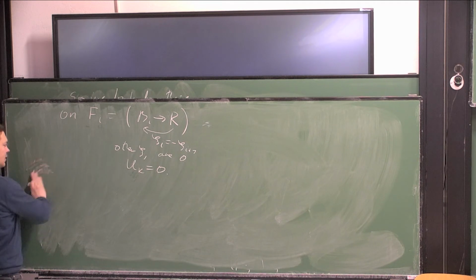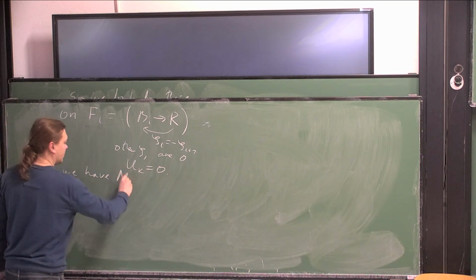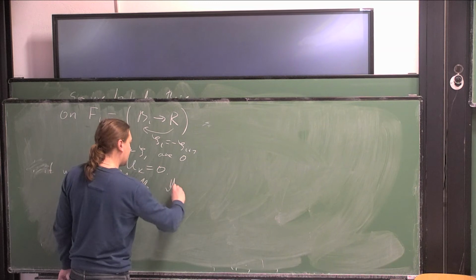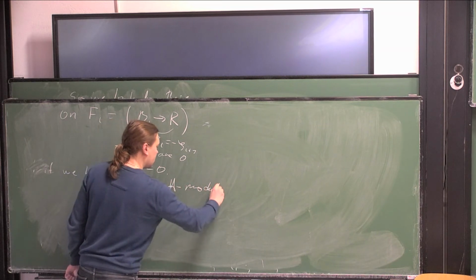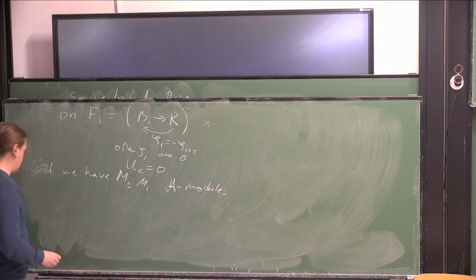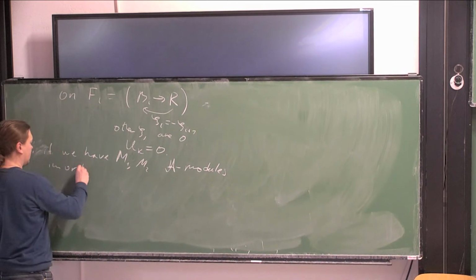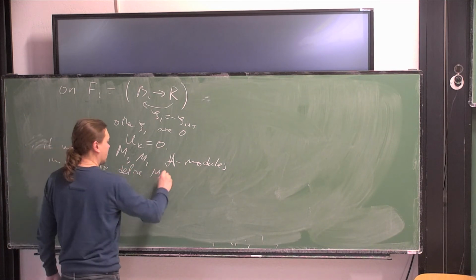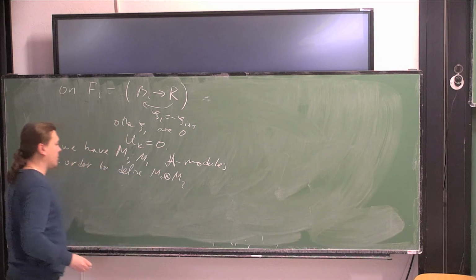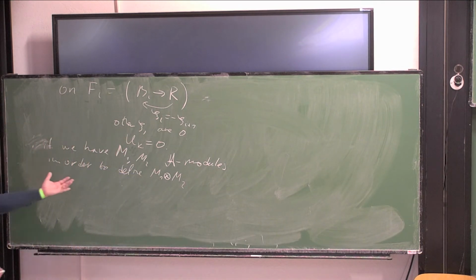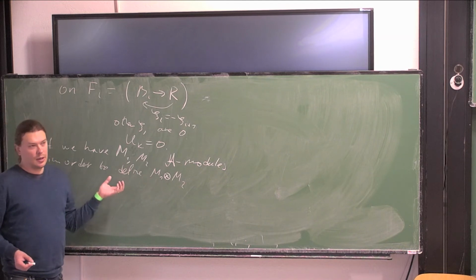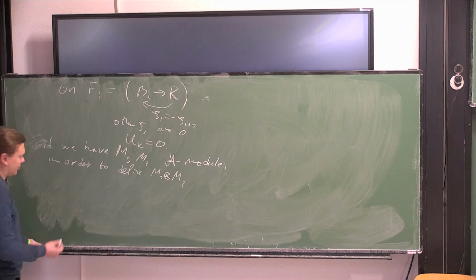So if we have two A modules, then in order to define the tensor product, we somehow have to extend the IA action to the tensor product,